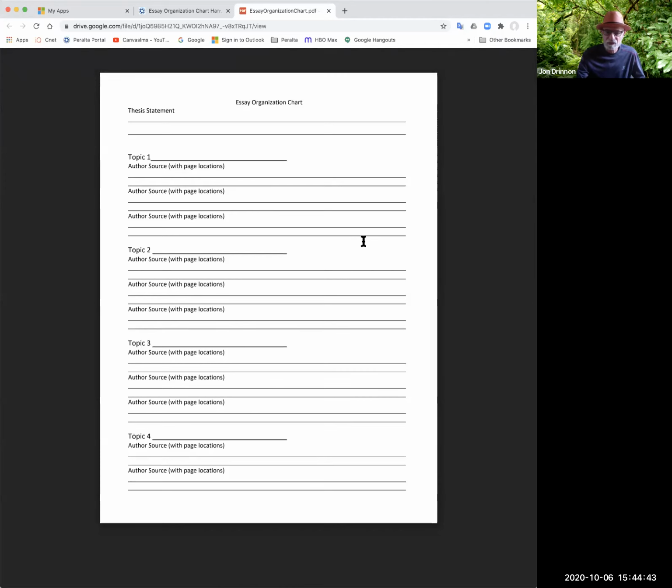So I'm thinking you can download this, and you can either by hand or on your computer make more spaces in between here if you've got more support for the different sources, etc. So finding topics is kind of tricky. I think the best advice I can give you for finding a topic is, once you know what your thesis statement is going to be, search for topics in the reading that you're doing.